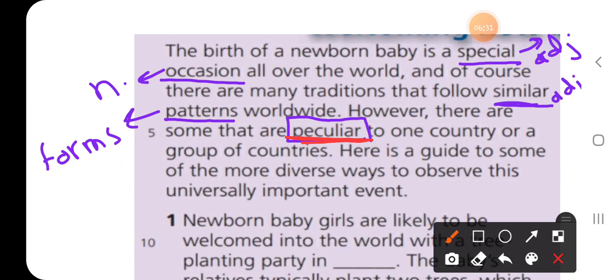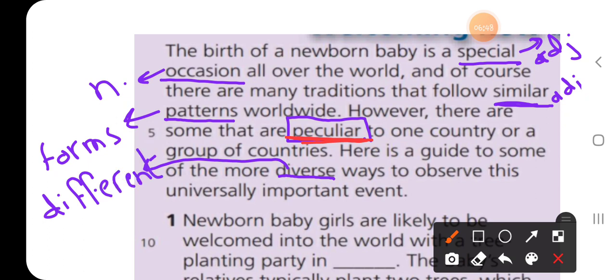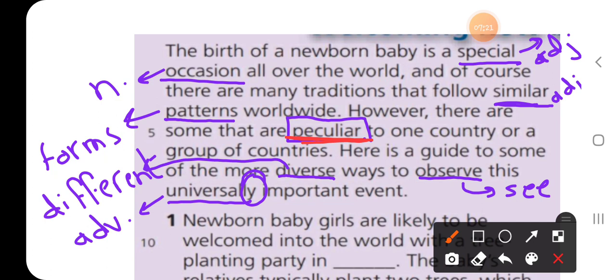So another word, diverse. diverse بمعنى اللي هي متنوع. okay. different, مختلف متنوع. observe. observe بمعنى اللي هي ايش؟ يلاحظ. ممكن تكون بمعنى see يشاهد أو يلاحظ. okay. universally عالميا. and it's what? it's an adverb. okay. ليش؟ because we have an ly after it. important event حدث مهم. اكتبي الملاحظات هاي سريعا عشان نبدأ بشرح الفقرة.